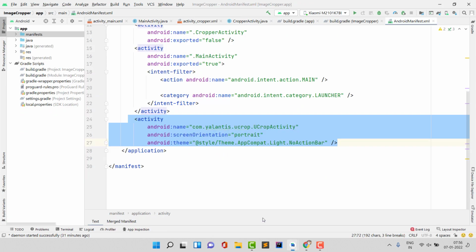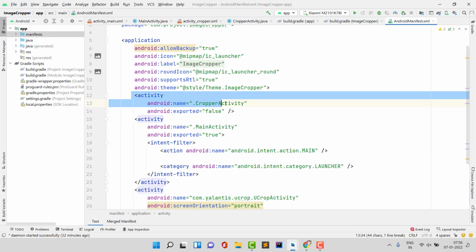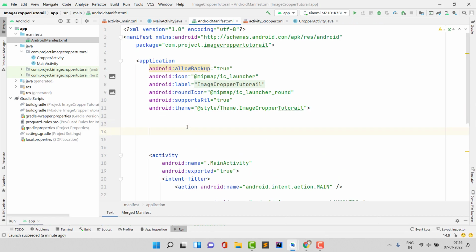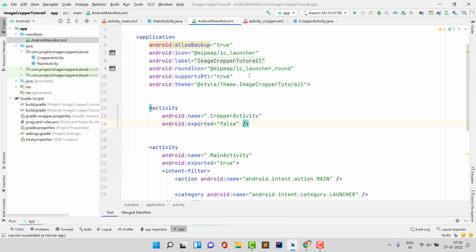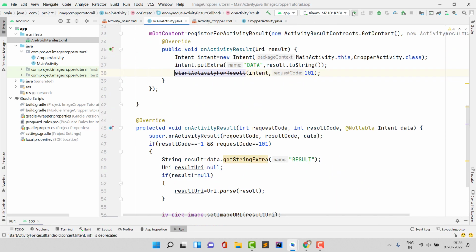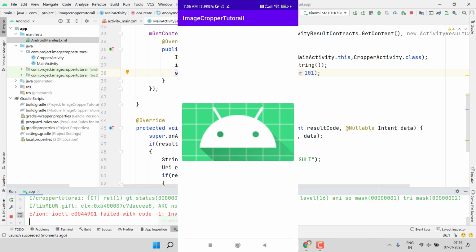So I open my previous project and I give the same name. You can see I have just typed this. This is just a bug in Android Studio. Sometimes when you create an activity, it forgets to mention the activity here. Now let's run this application again and see whether it is working or not. So it has worked fine, and it is installed successfully again.